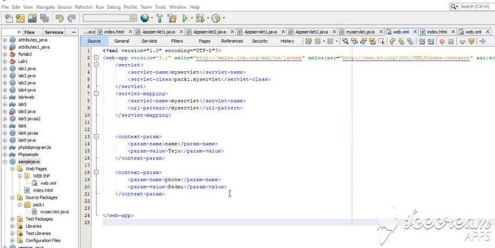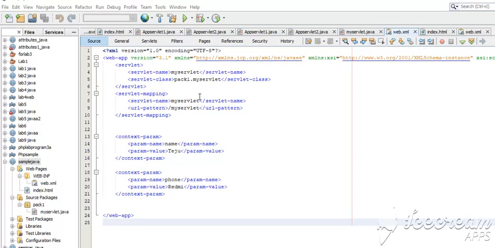Here we have a program. It is called the sample Java. It is having one XML file and one servlet page I have created. In the XML file, it is having the servlet name and class and all. ServletContext, we use these to get initial values for a servlet application.